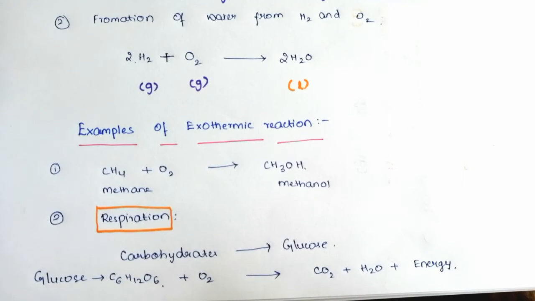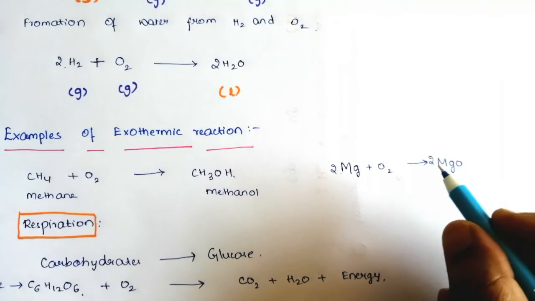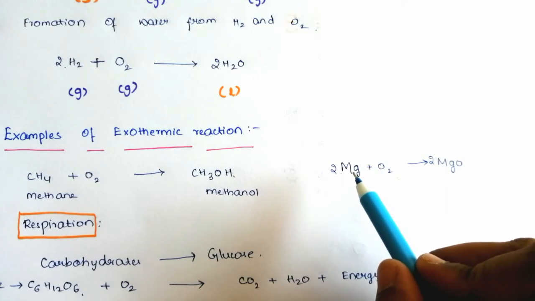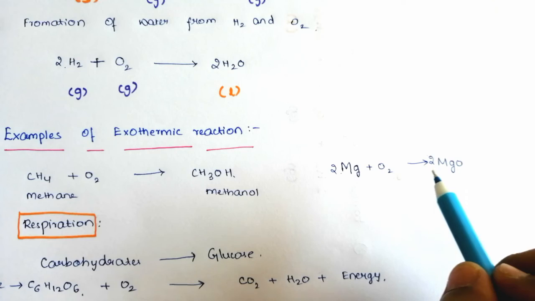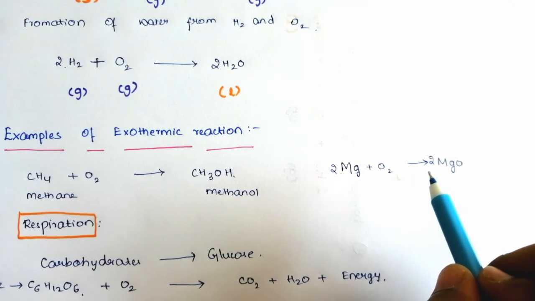Consider the reaction we did in activity 1.1, that is burning of magnesium ribbon. Magnesium reacts with oxygen to form magnesium oxide. What is the type of reaction? That is nothing but a combination reaction, because magnesium reacts with oxygen to form a single product, magnesium oxide. Burning of magnesium ribbon, which you observed in activity 1.1, forms magnesium oxide as a white powder. This is also an example of combination reaction.